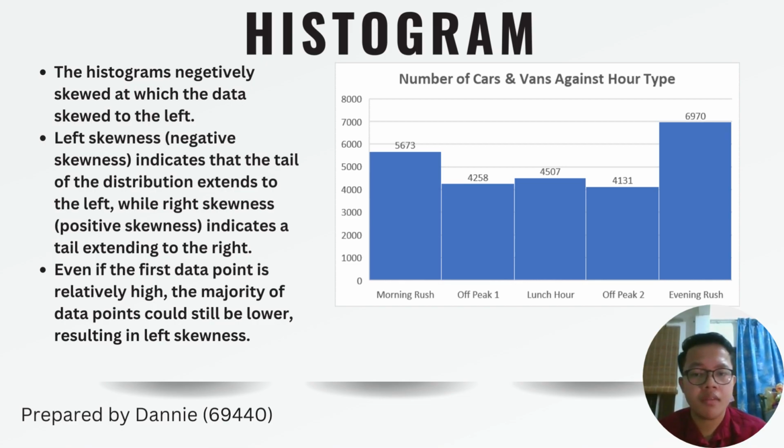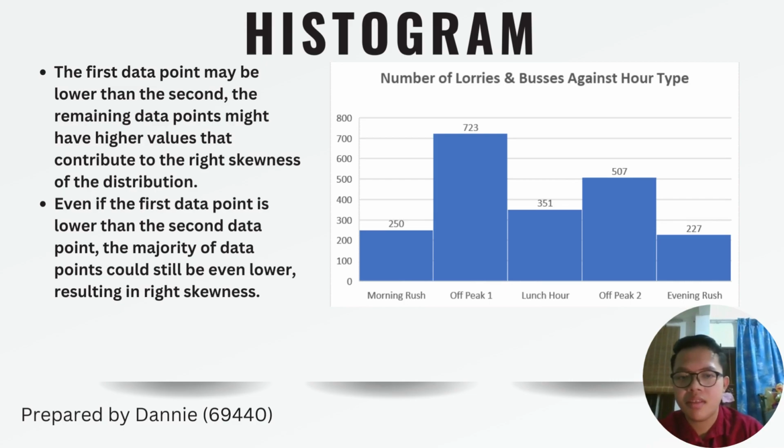Even if the first data point is relatively high, the majority of data points could still be lower, resulting in left skewness. For the second histogram graph, which is the number of lorries and buses against hour type, the first data point may be lower than the second,